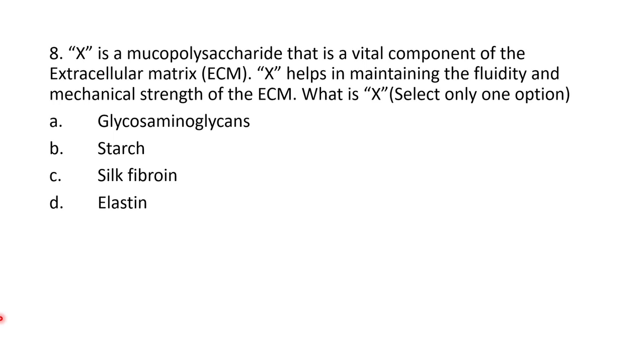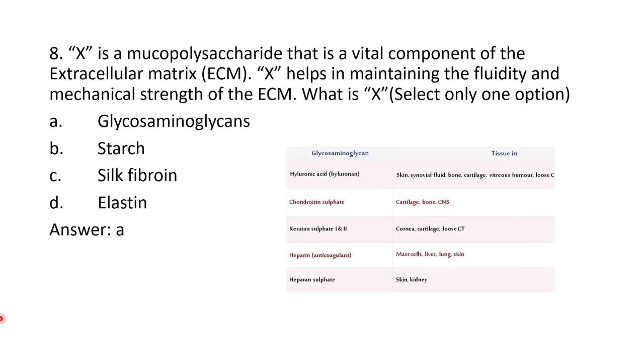So in our body, we have various joints, and one main joint is the knee joint. So the knee joint will have this fluid called synovial fluid. You would have all heard about it. Synovial fluid, which will maintain the fluidity and the mechanical strength of the joint area present there. So main components that are present in this synovial fluid are glycosaminoglycans. So the answer is A, and I have listed here some of the glycosaminoglycans that are present in various parts,